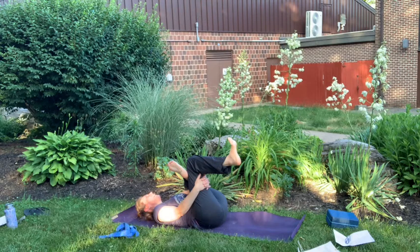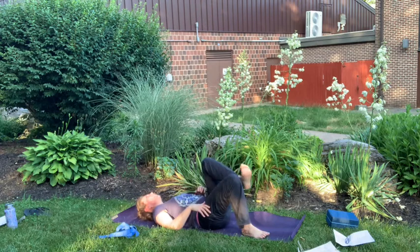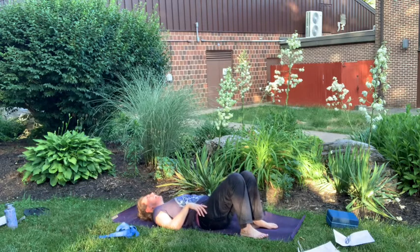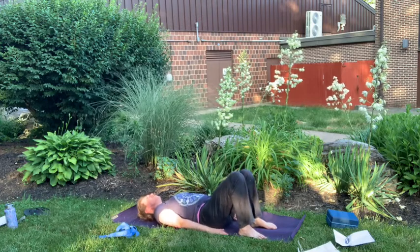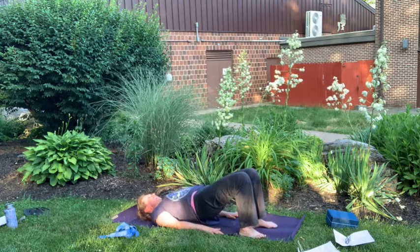Now when we're ready, let's unlace the fingers, place the right foot down on the ground, the left foot as well, stationing those feet about hips distance apart. You might have to sneak a peek to see where they are. We're going to do our bridge pose tonight, so let's place the hands down on the mat, palms down, just beyond your hips. On the next inhale, let's start to lift and peel up, one vertebrae at a time away